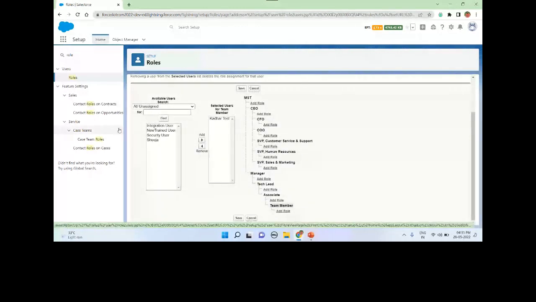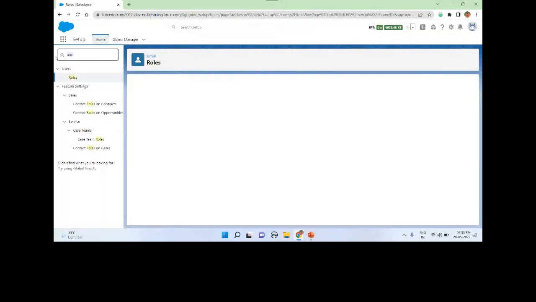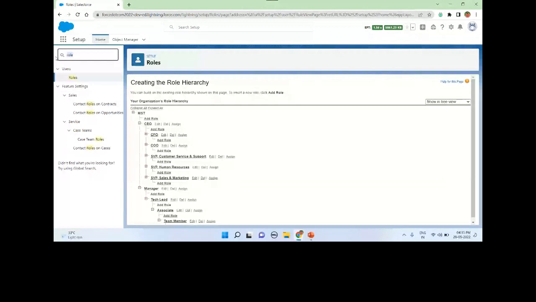So this is the role, but roles are mostly used in the sharing settings. Not all places use roles; they have limited usage in the Salesforce org. We are not using the role options much in our org. While we are in the record-level sharing settings, that time only we are using the roles. But in the queue options,